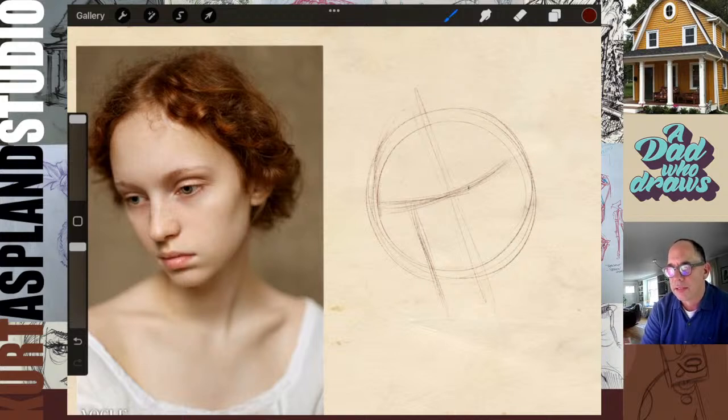You see that where I got that there? And the other one is really close. All right. The left side of her face has a real strong straight line, so I want to drop that in.